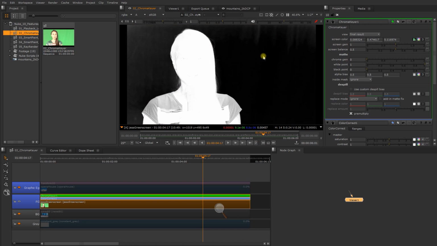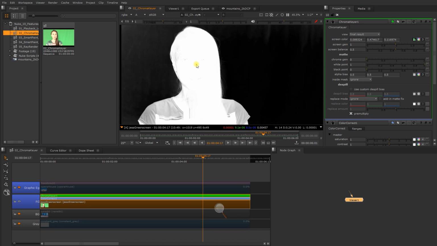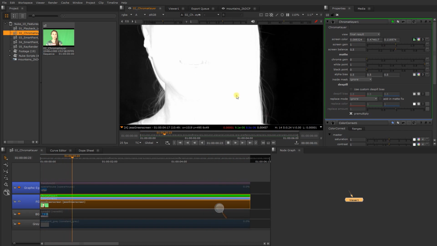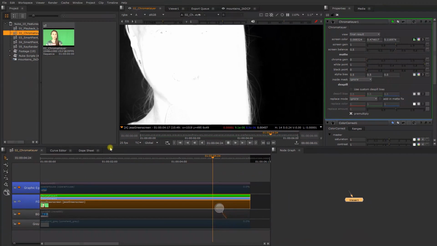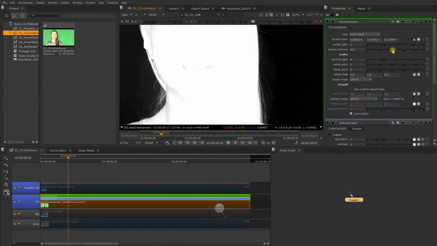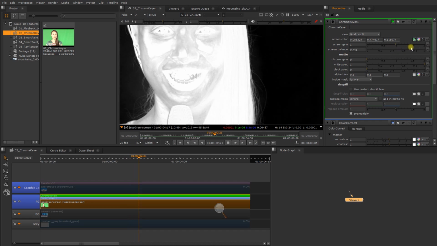So just a note, this is a green shirt on a background, so we're not going to be worrying about that in the preview of it. That would be something that would be addressed with roto or additional keys in the comp. But you can see here the ability to play back in real time whilst adjusting the key can be really